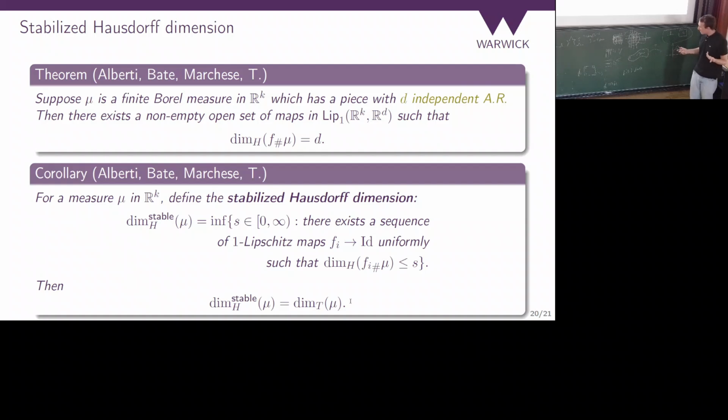One remarkable thing: there doesn't seem to be any reason why this should not be fractional. I mean, Hausdorff dimensions can be fractional. Why should this one be an integer? Well, it must be because of this. And I actually don't know any easier way to show that it is an integer. And this is quite difficult. You have two big theorems in that paper, and this needs both of them. Otherwise, you can't get it. But remarkably, the fractional part of the measure always gets lost in these perturbations. So the fractional parts are always sort of invisible to Lipschitz maps. You can always squish them very, very efficiently.